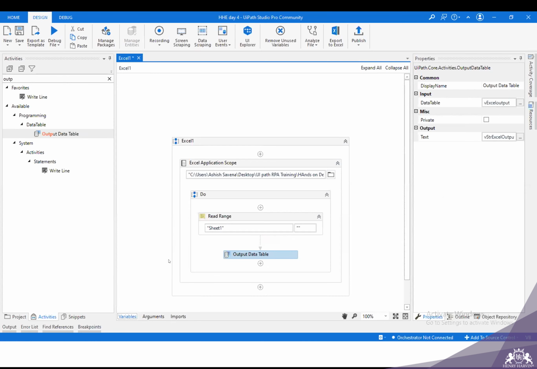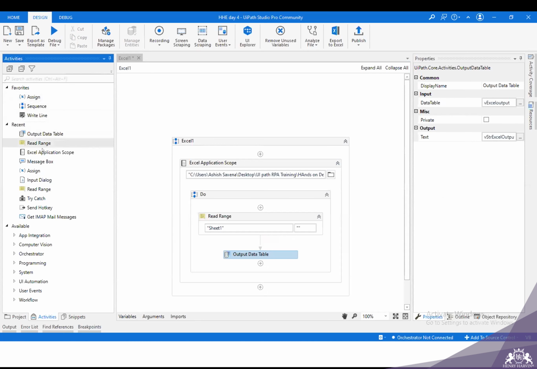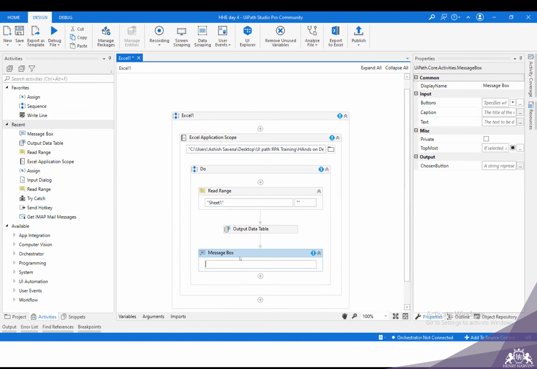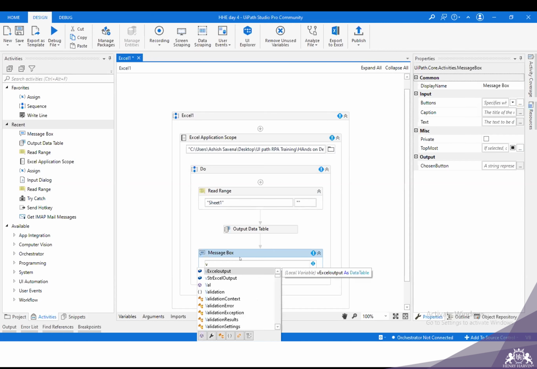Now quickly I'll take a message box to display the output so that we can understand what is read from the Excel file. Which variable should I call here? VXL output? No. VXL output is a variable of data type data table, and I have clearly mentioned that a data table cannot be displayed using a message box. We can display only string type of data values.